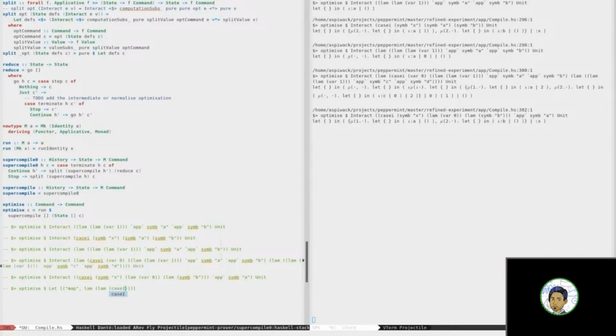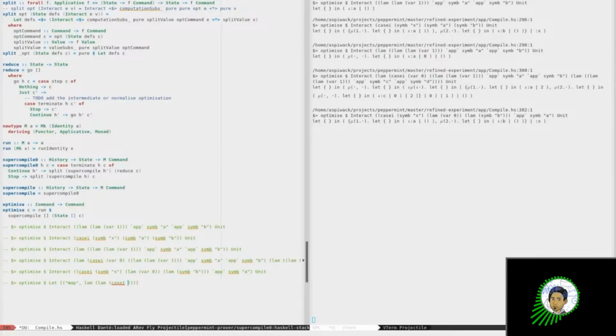We do case on the second argument, so that's var 0, and if it's the first thing, we just return unit, but it doesn't exist yet. And if it's the second thing,